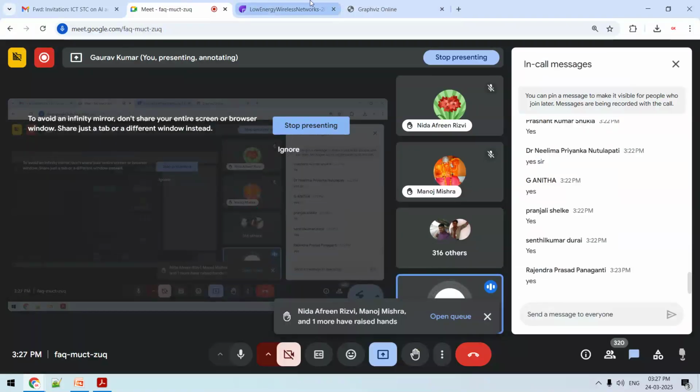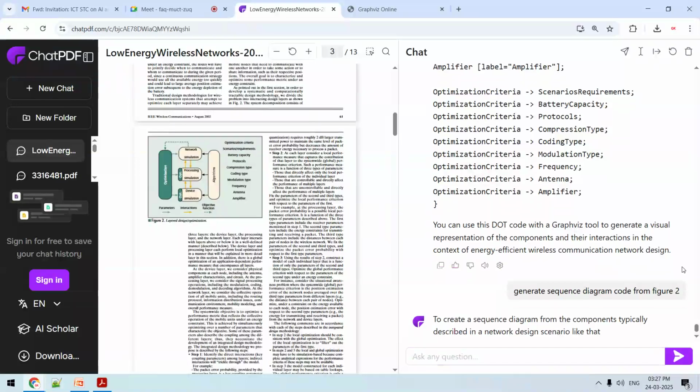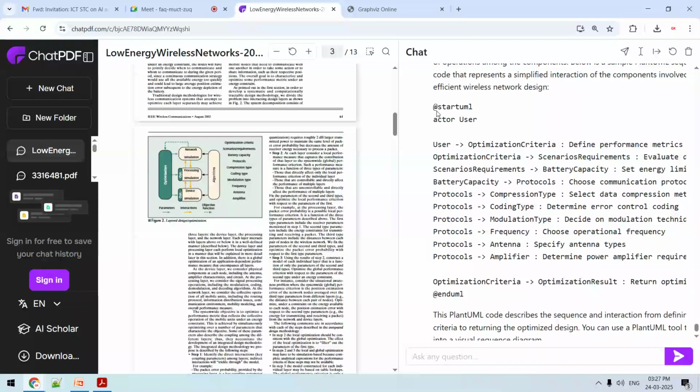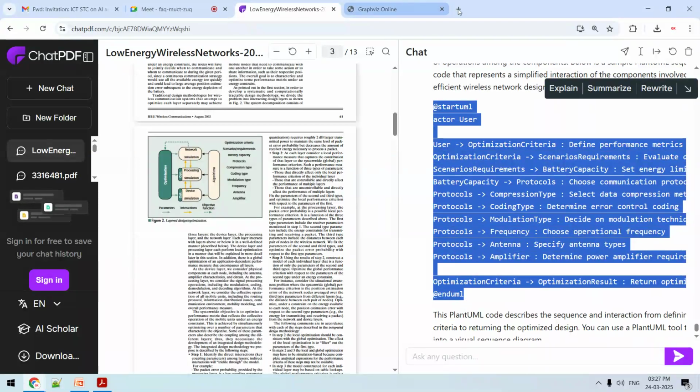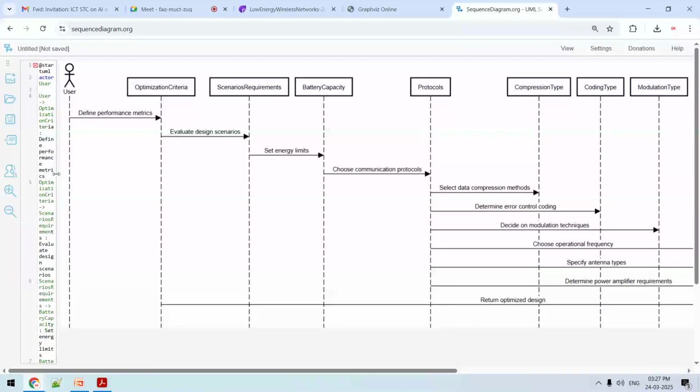In the same way, if I want to generate another variant, generate sequence diagram code from figure 2, or create sequence diagram code from figure 2. So this is the sequence diagram code. I will copy this code and open a website, sequencediagram.org. Here I will paste, and now you can see, as soon as I have pasted, at the right hand side,